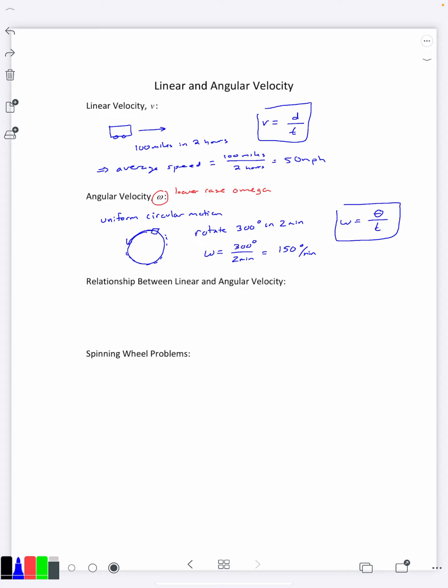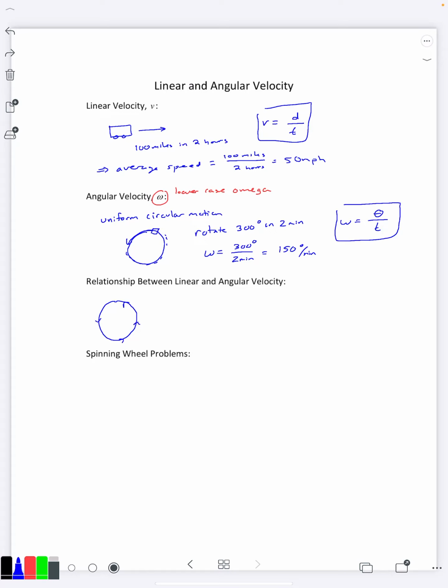That's what you would see on your speedometer there. However, we can only talk about angular velocity when we are rotating in a circle. So the angular velocity is a more restrictive idea compared to linear velocity. However, if we do restrict ourselves to the situation where we are traveling around a circle here,